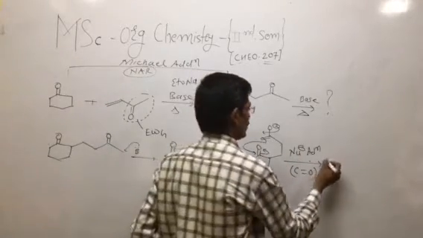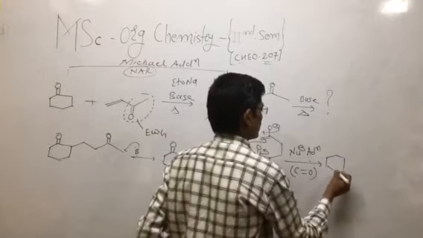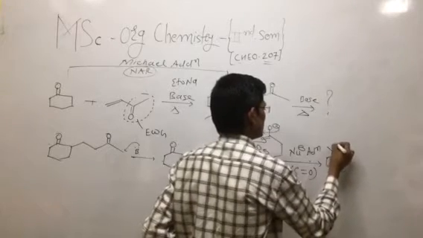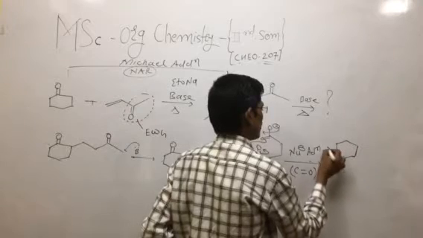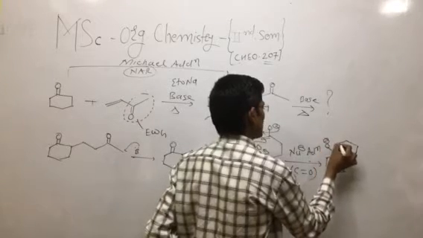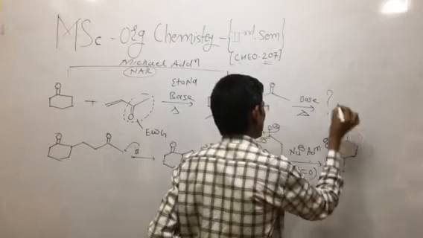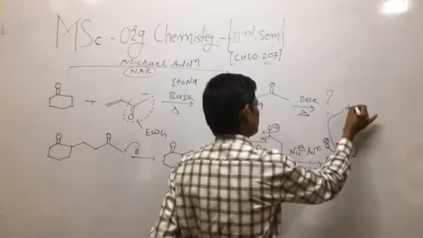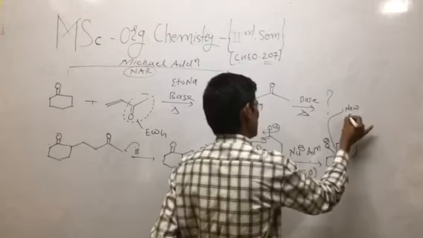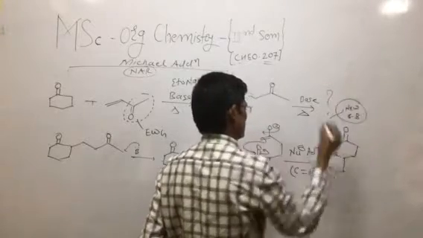Then the intermediate obtained is a 6 member ring. As you can say, a 6 member cycle is formed. This leads to the formation of the negative charge, and the C double bond O remains as it is. So there is generation of a new C-C bond, a new sigma bond is formed.